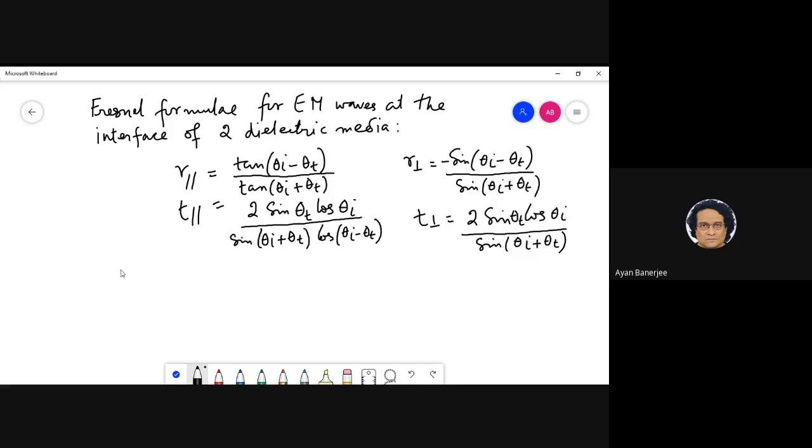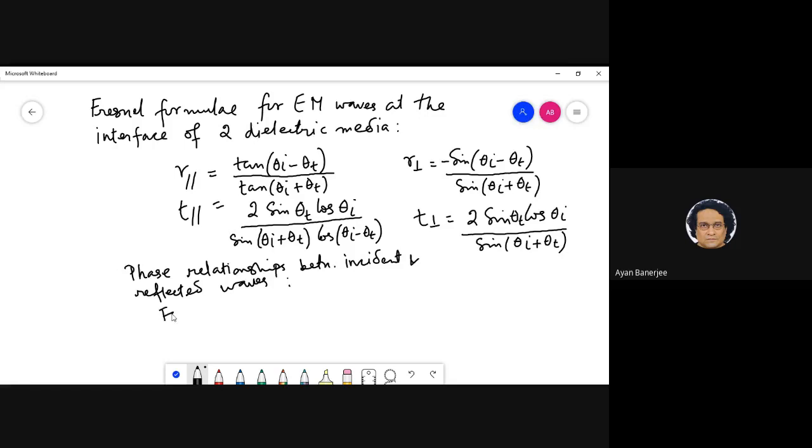Great. Now the critical part: we are going to look at the phase relationship between your incident and reflected waves. Which is essentially looking at the sign of this R and T, R parallel and perpendicular,